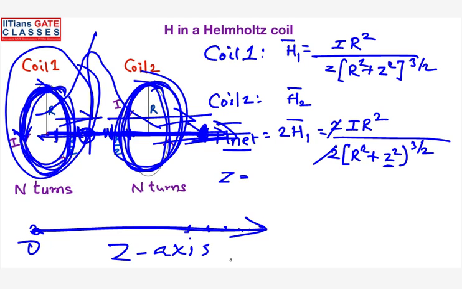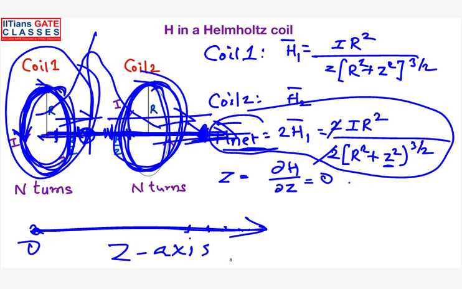Very good, differentiate. So you know the magnetic field intensity, right? You differentiate the magnetic field with respect to Z and equate it to 0. When you take the differentiation of the magnetic field with respect to Z and equate to 0, you will get a value of Z which is equal to R by 2. This is basically said to be the local maximum. I think you would have known this concept. So that is the reason why I was saying exactly at the center of the coil, the magnetic field is going to be maximum.